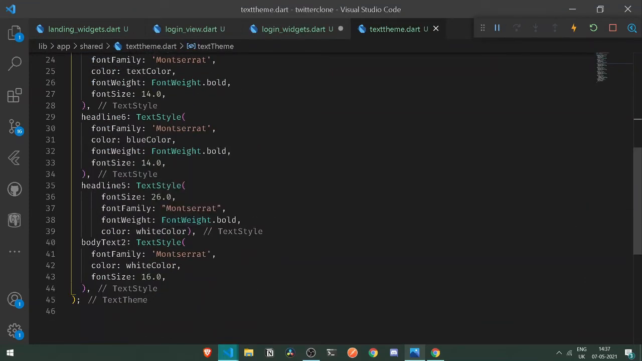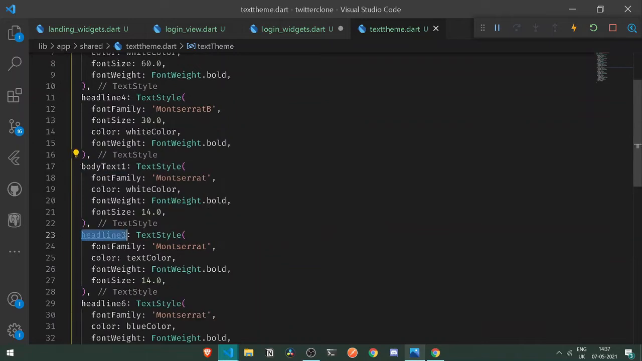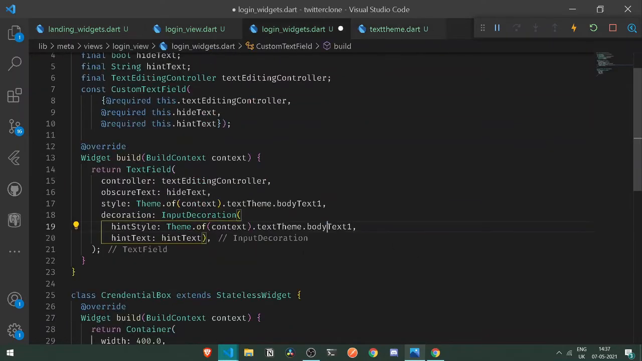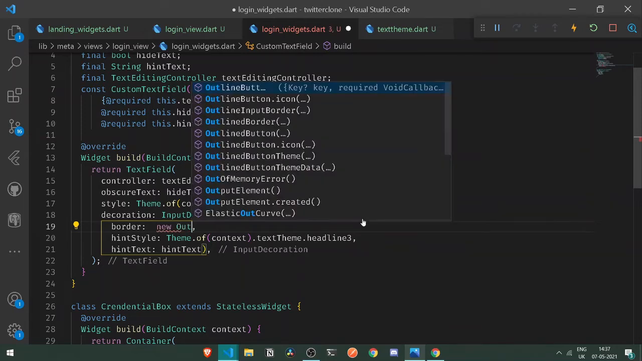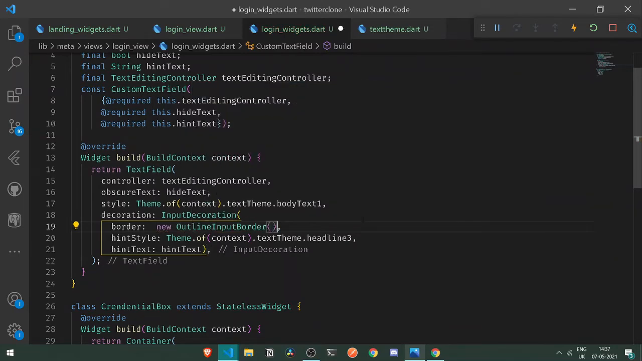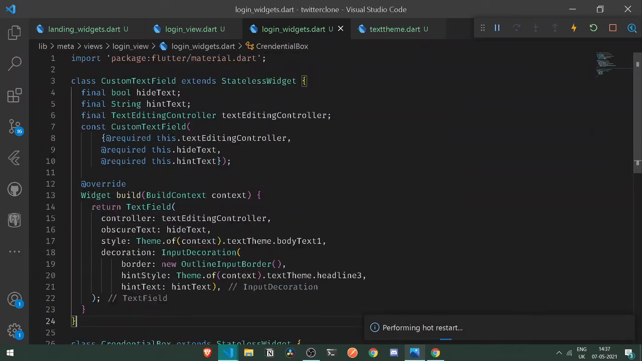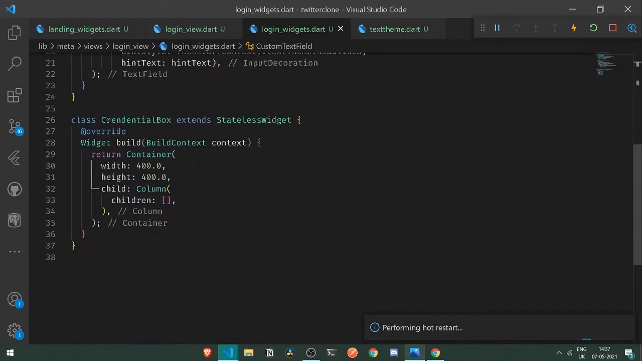Now we should be requiring here a text style of adding. So let's copy our headline 3 and paste it here instead of body text 1, and here we are going to be requiring a new border, and here it will be a new outline input border, just like this. So once we have got our entire decoration, what I can really do is copy our text field, and under